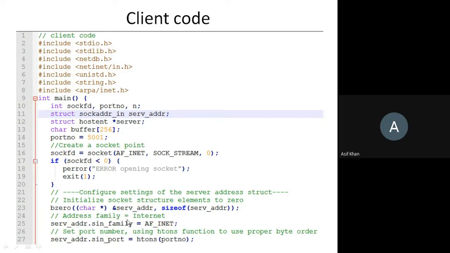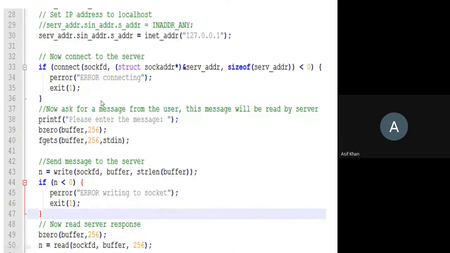Now, before initializing the address information, you need to first initialize the null value. So here, it is initialized to null as in v0. Then the family is attached. Family information is attached here, AF_INET family. Then the port number is assigned here. Then the IP address is assigned here. See, the IP address and port number of the server, right? All these are the server address, to which this client will be connected.